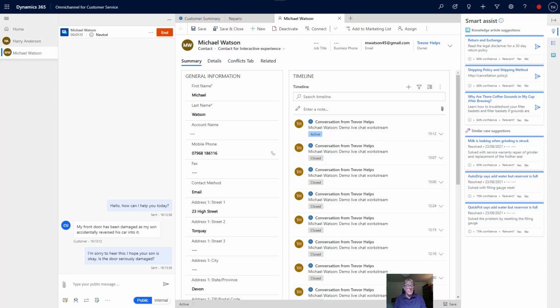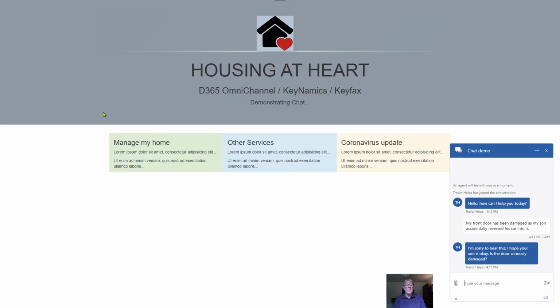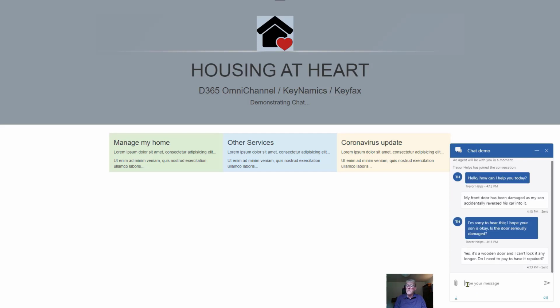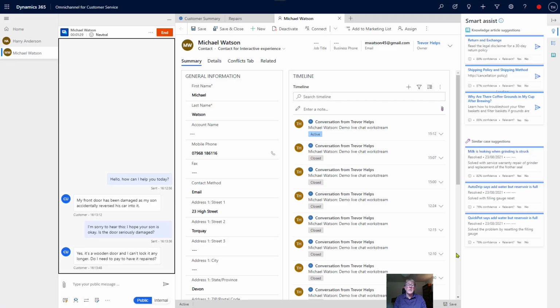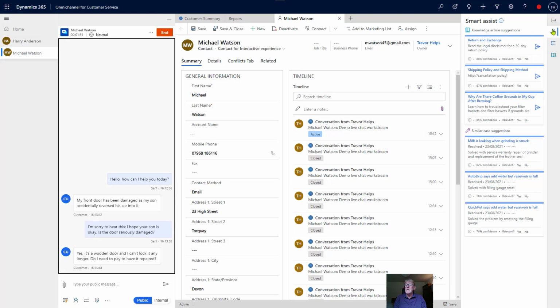So Mike is going to come back with something. Ah, yes, it's a wooden door. I can't lock it any longer. I think his main concern is, do I need to pay to have it repaired? Well, what we can do now is